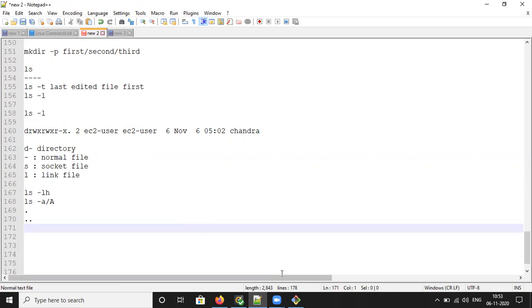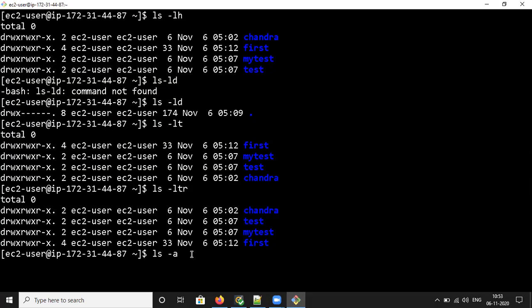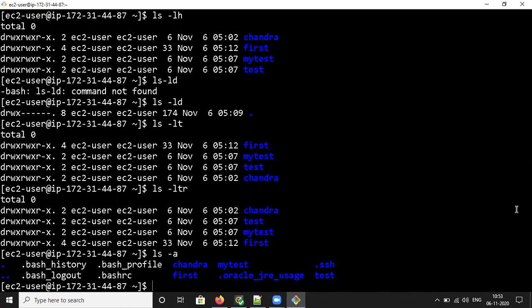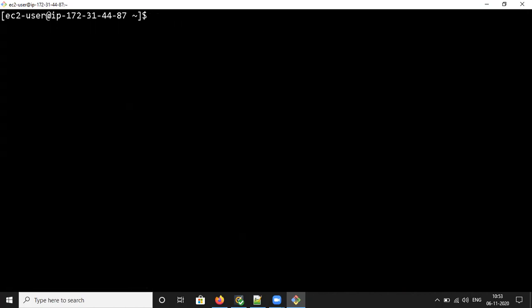Now it will show the files including the current directory and parent directory. So we will check on this. See, it will display the hidden files. If you want to display in a clear format, you can use ls -la.